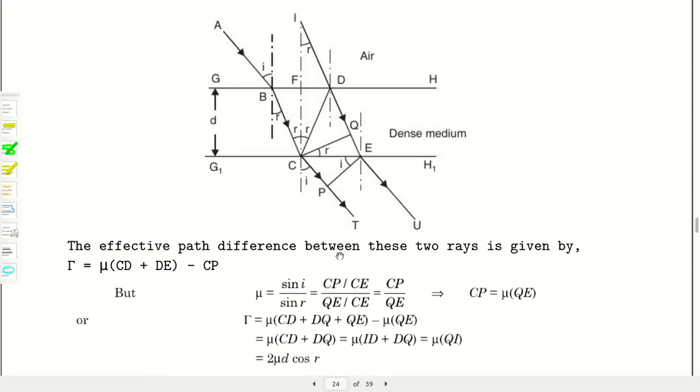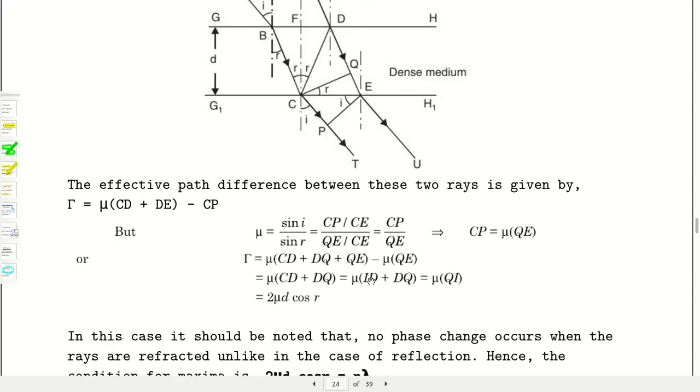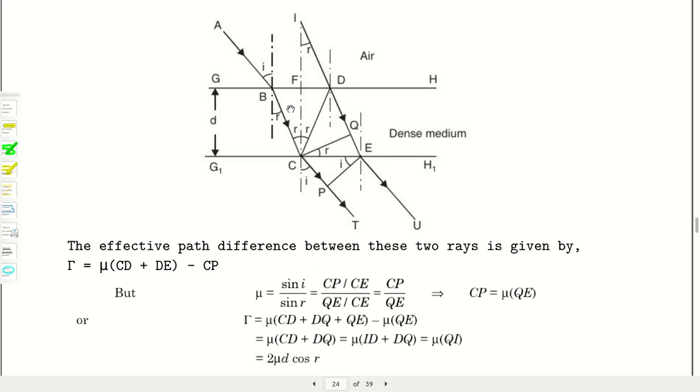Proceeding in the same way, just calculate the path difference between two rays, the one transmitted directly, and the second one transmitted after reflection. So T and U are your two interfering waves here, with different amplitudes surely, and the geometry takes a different form, but I and R are there, and the calculation